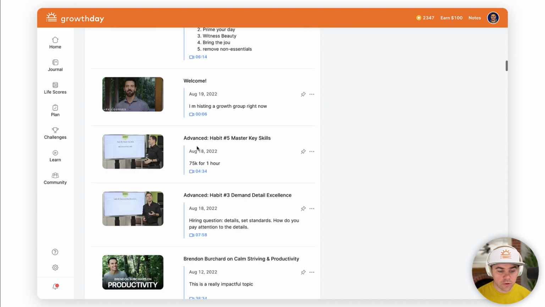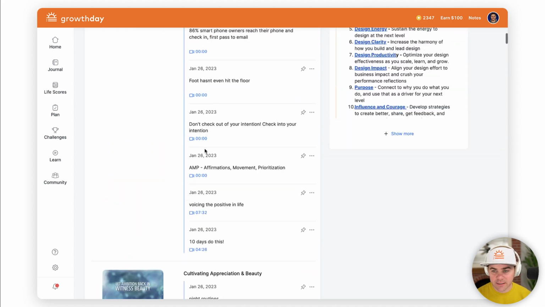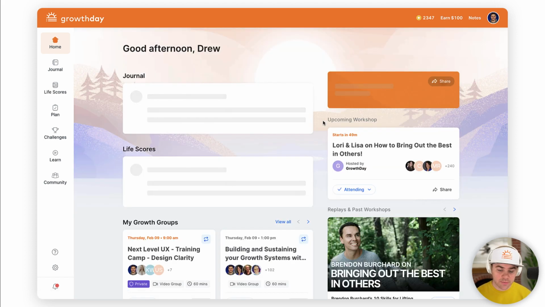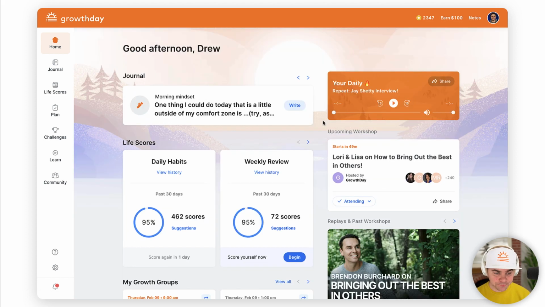So here we're showing all the course notes that I've taken throughout my entire lifespan of using the GrowthDay app. So that's a quick little overview of the GrowthDay app, and we talked about today all the different pillars. And I'm going to continue practicing and training